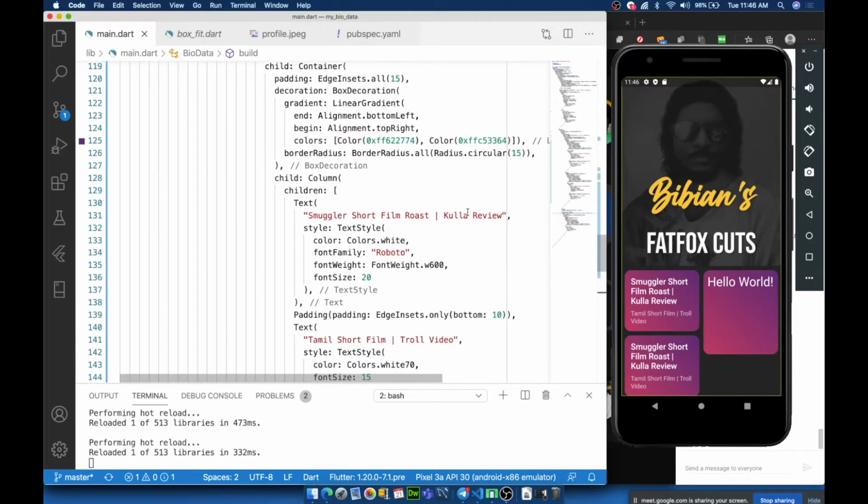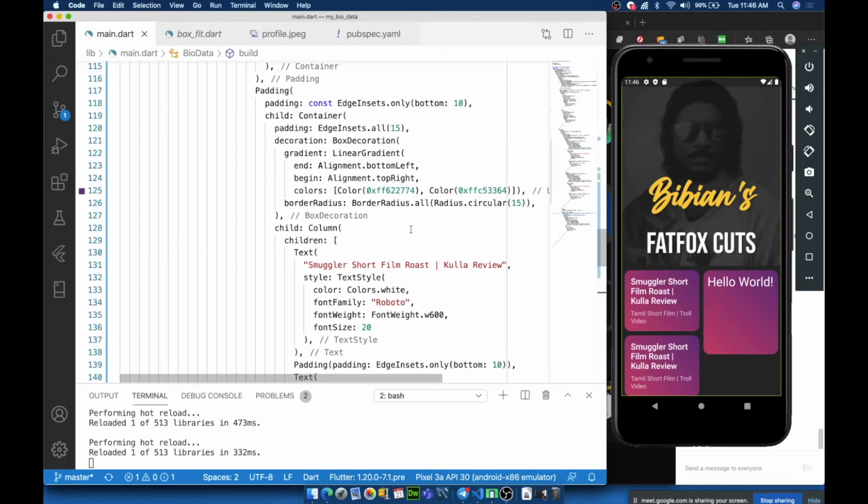I'll do that now. Okay, wait, before that, we have to see something called the inkwell. Once you finish, you can start pasting the other cards, because when you tap on that, you have to redirect to Vivian's video, right? So I'll teach you what inkwell is. Once that's done, you can copy paste the other cards. With that, we can finish for today's session.